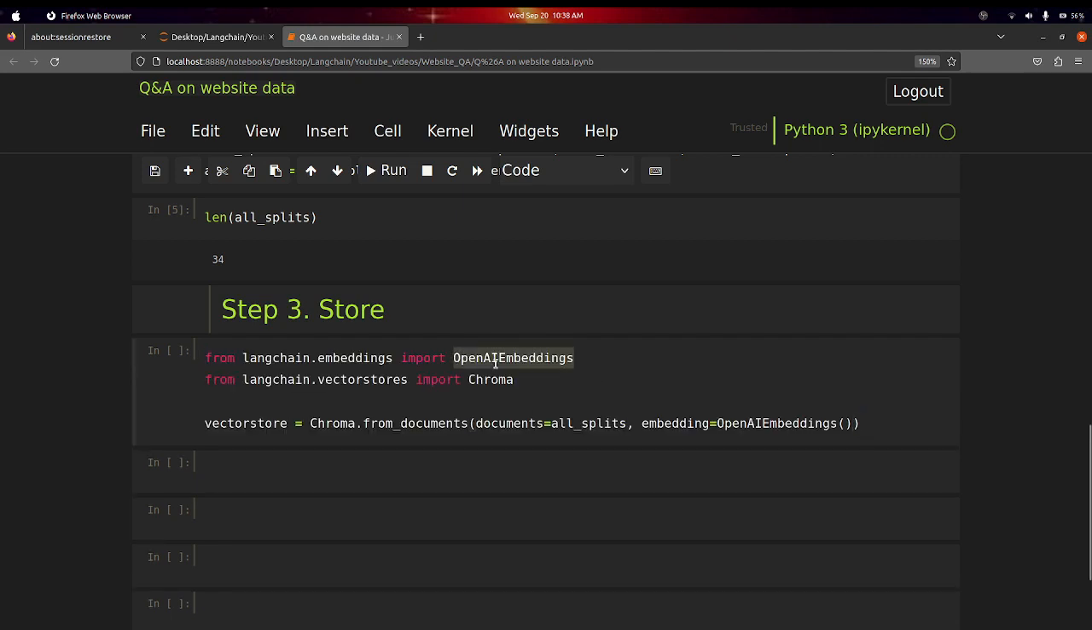And copying this. So you can see from langchain embeddings, import OpenAIEmbeddings. But here they are using OpenAI embeddings, while I am using sentence transformers. Yeah, this is sentence transformers embeddings. This is free. Then from vector stores, import Chroma. Chroma is a vector database. We are using Chroma for that. Then here Chroma.from_documents, and we are passing documents as our all_splits, and for the embedding here we have to change